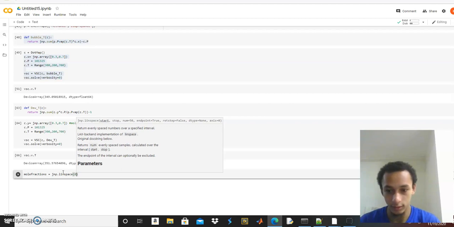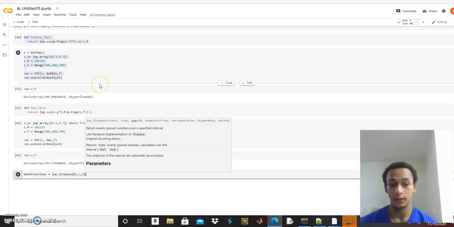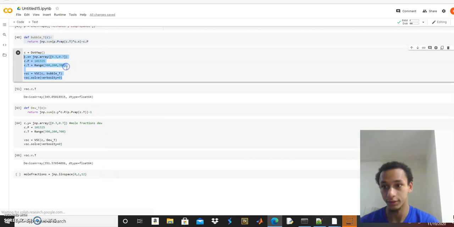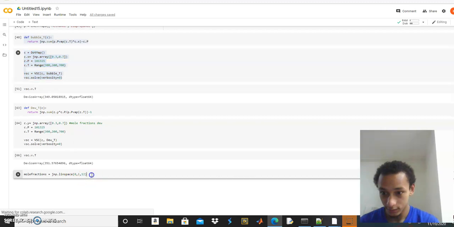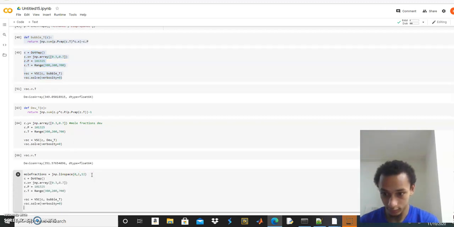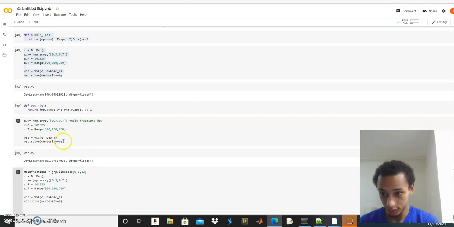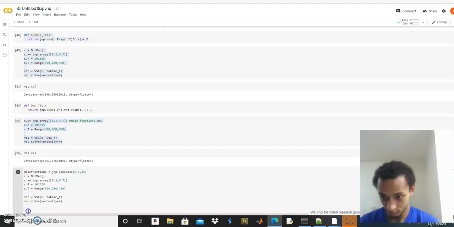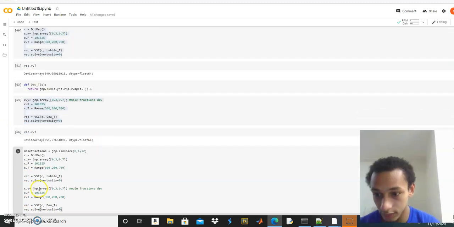Let's start at 0, 1, 12. And this will give us 12 values, so 12 rows of values, because we're doing it from 1 to 12, starting at 0. And then we can just copy and paste our bubble temp and our dew temp. So with this, we're going to have to do